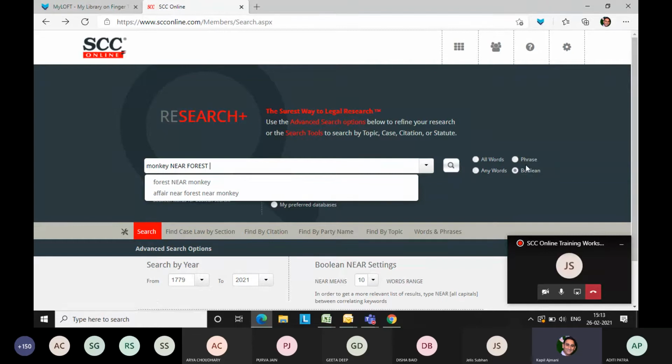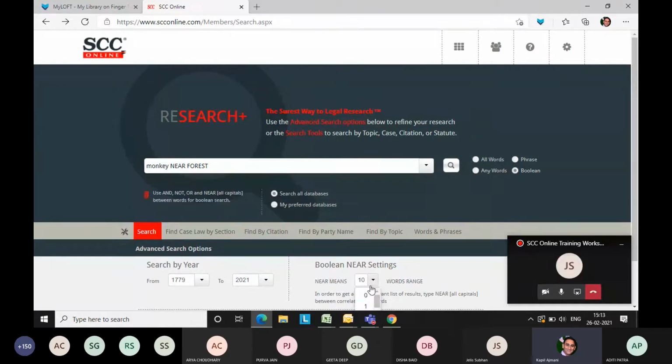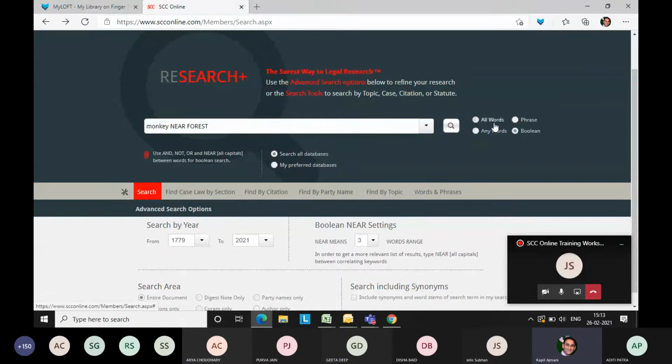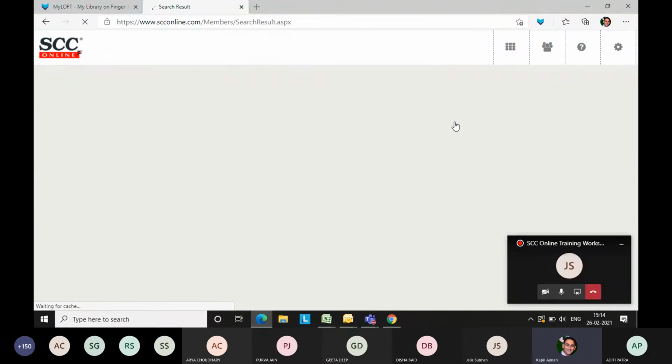for the software to understand and to get the research exactly pinpointing what you are looking for. Now, a word of caution here, if you are using particular words like near and not, these are the Boolean words which are already incorporated and make your research very convenient. Near means that you want these 2 words in proximity. The proximity can be 2 words, 5 words, 10 words, and you have got a scale here also. You can select the proximity which you want between 2 words or among 3 words. So you have to click here Boolean and start the search. Let us see what results we are getting here.